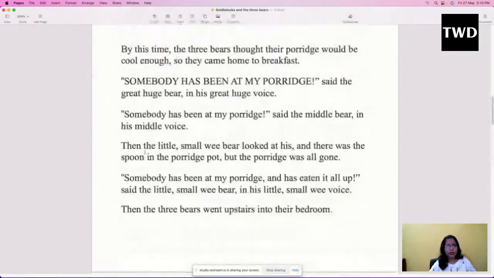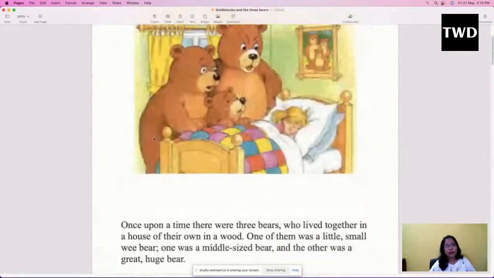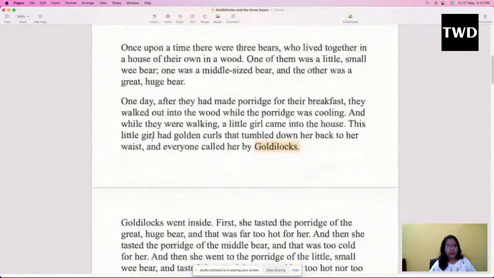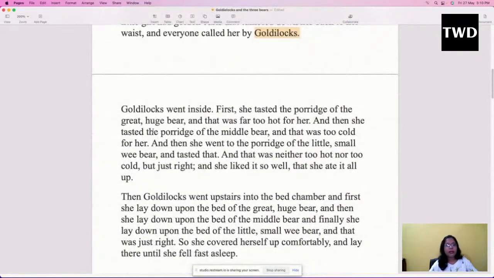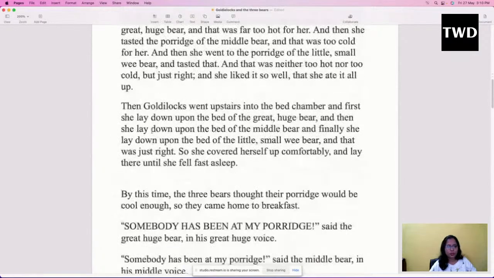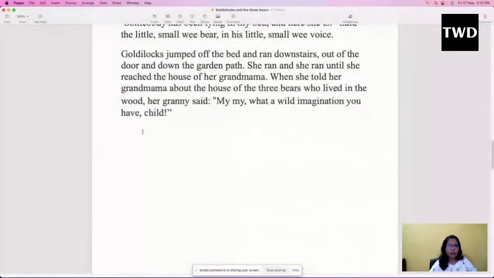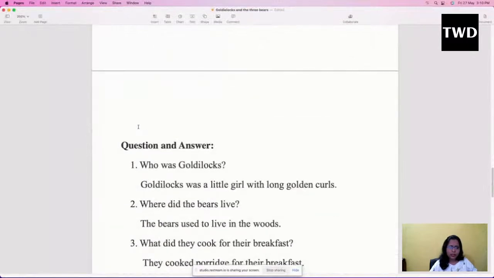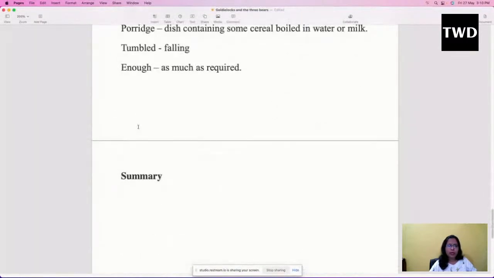For writing the summary, first of all you have to understand the story, and summary doesn't mean that you will write the whole story. You have to write what you understood from the story. It is always good to write a summary about everything, be it a story or news, whatever you are reading. Say for example, about this story, I'm telling you how to write it.